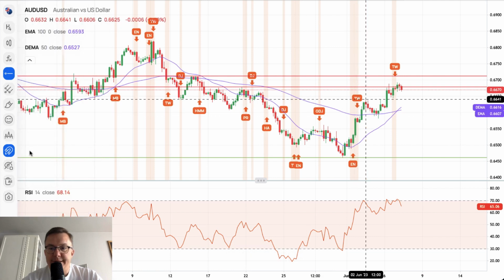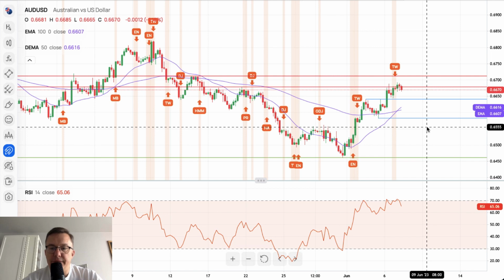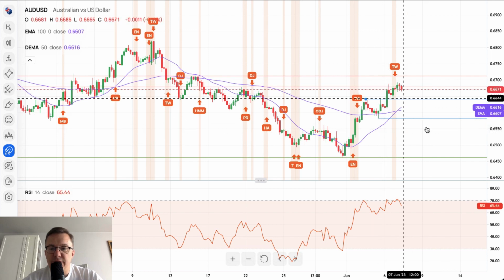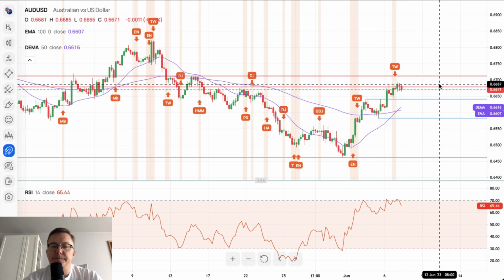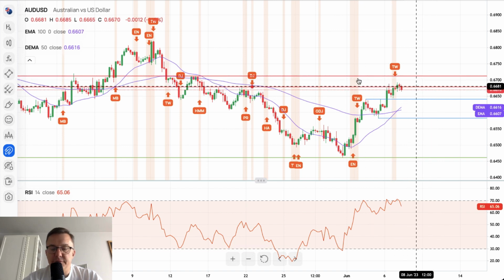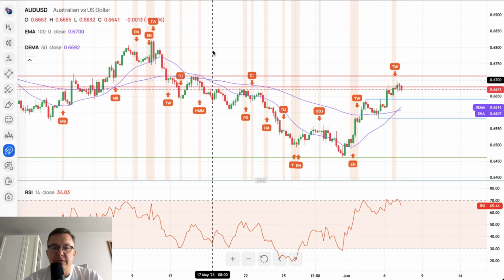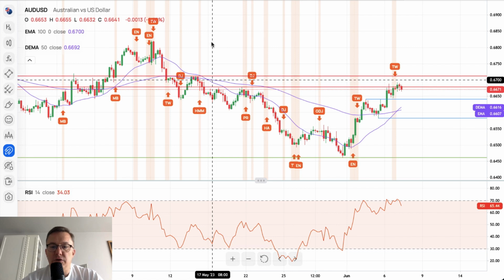Well, 0.6641 is the intraday support, of course, and then there is 0.6582, the other technical support. As long as we trade above these support levels, the outlook remains bullish. However, it will be very problematic for bulls to break above this supply zone, right? There are two red horizontal lines. Nevertheless, it's still possible, and then of course the target is the swing high. So please keep an eye on the situation on the Australian dollar to the American dollar. It looks very, very susceptible for any sort of unexpected